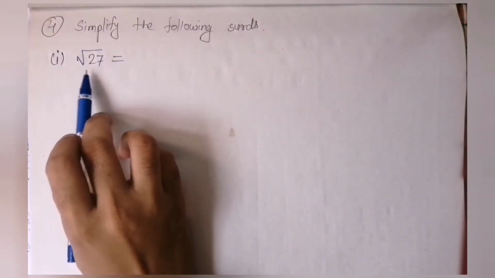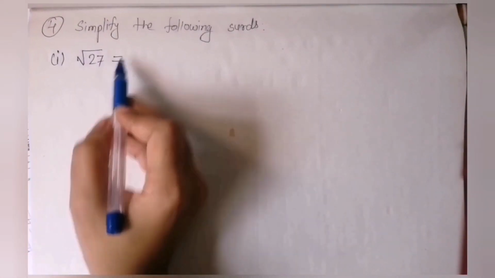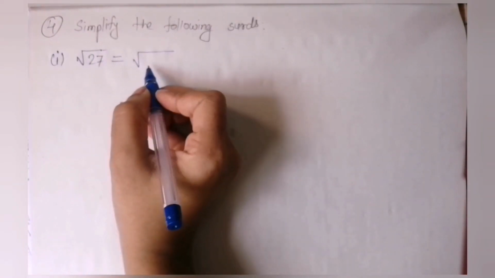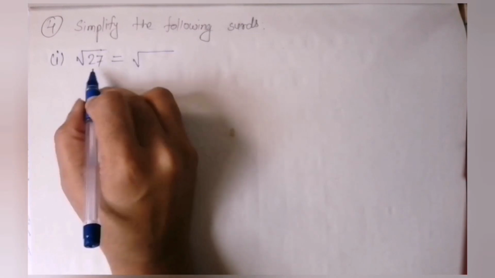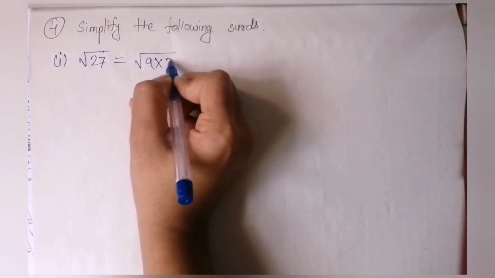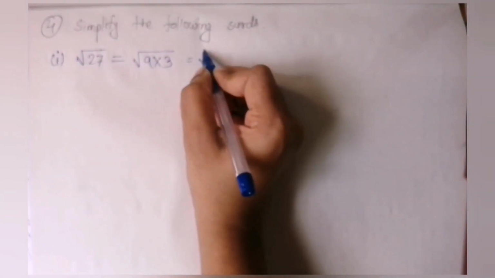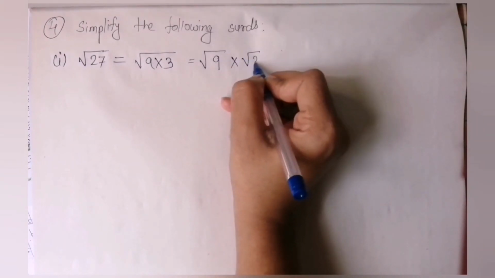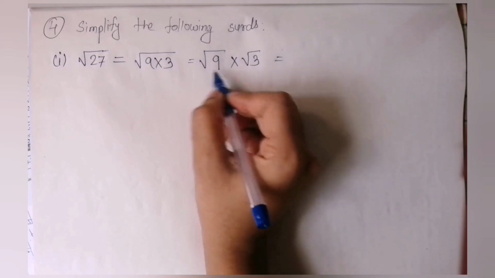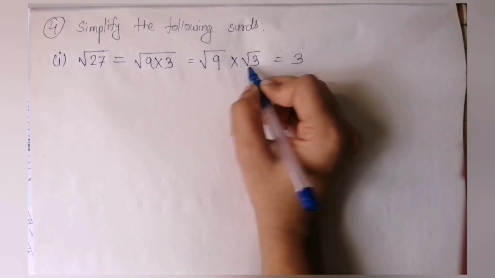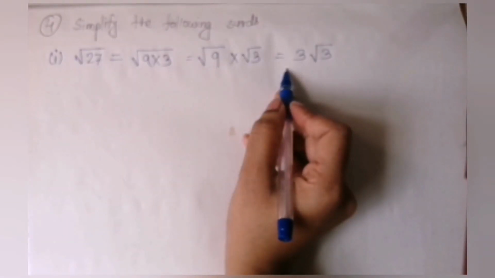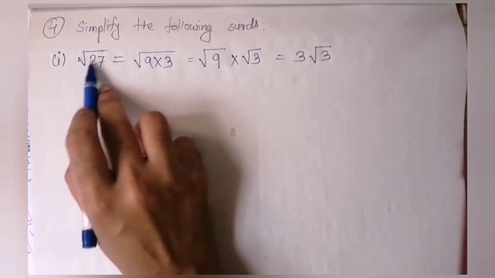First question is square root of 27. So students, just factorize this and write down the factors. So we have 27. So 9 3s are 27, right? And just split that up. Square root of 9 multiply square root of 3. So we get square root of 9 is what? Is 3. And this root 3 write down as it is, right students? So like that we have to simplify the surds.